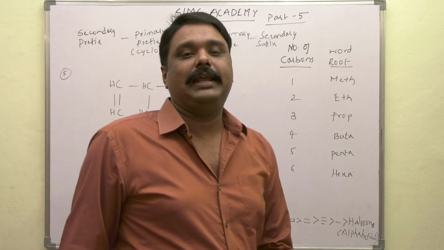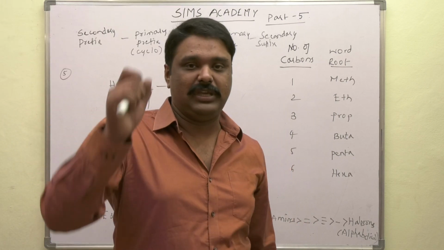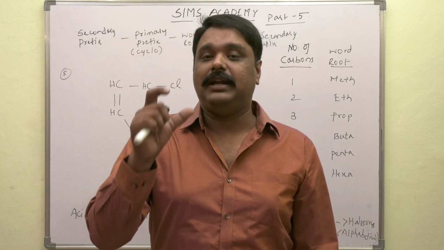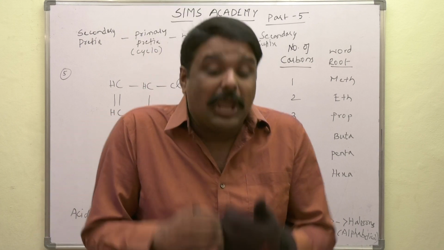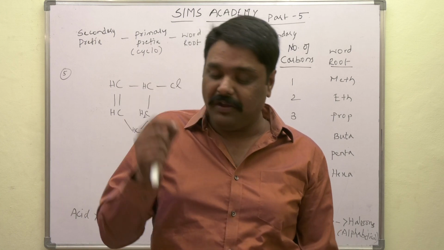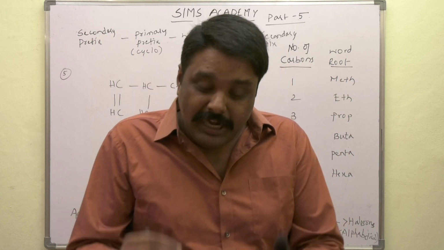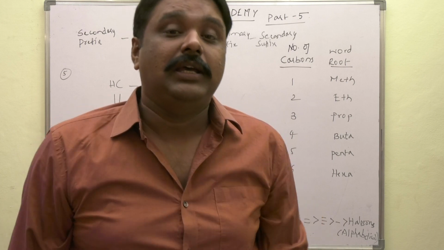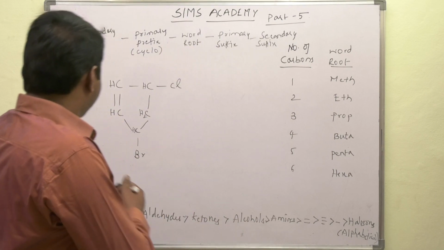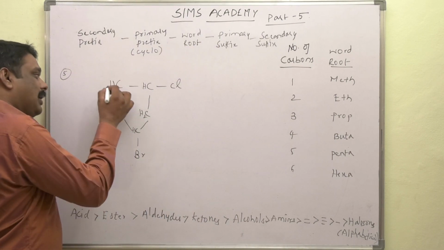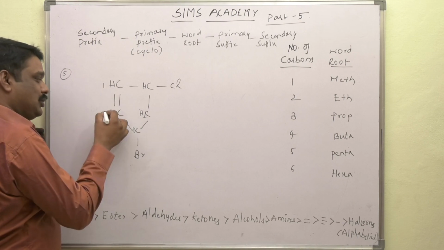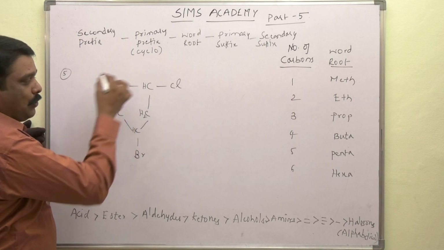In case of cyclic compounds, one thing we have to keep in our mind. If we give numbering to one carbon which contains double bond, we need to jump from that double bond. Even in triple bond also, if we give numbering for one carbon atom, we need to jump from that triple bond. This is very, very important thing. That means if I give numbering here, I need to jump. 2 should be given to this one. If I give number 1 to this one, I should jump. Like this we need to go on.